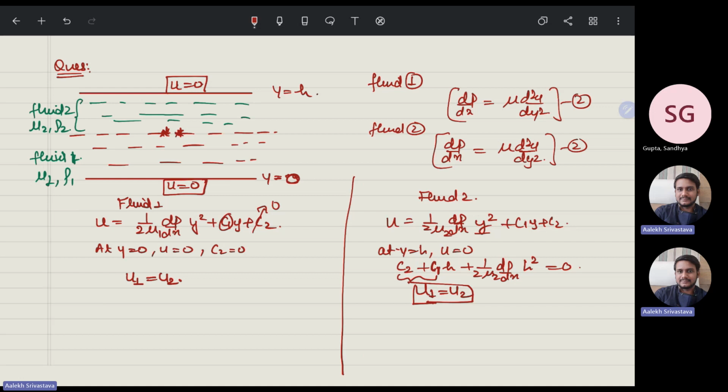The another boundary condition that will come is at the interface. So suppose this is the interface. If suppose this fluid is exerting pressure in this direction and this fluid is exerting, not pressure, we say shear stress. So this should be equal. If that is not equal, then the flow would be accelerating. Since the flow is fully developed, this term should be equal to this term. That means